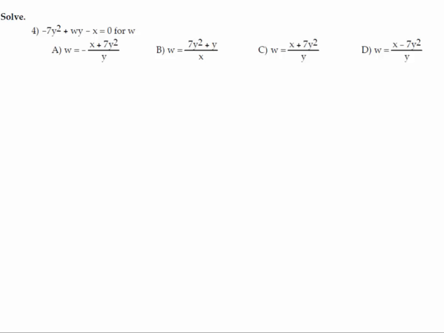Now, this is a very important topic here too. Solve for a variable. Here they give you minus 7y squared plus wy minus x equal to 0, and they're asking you to solve